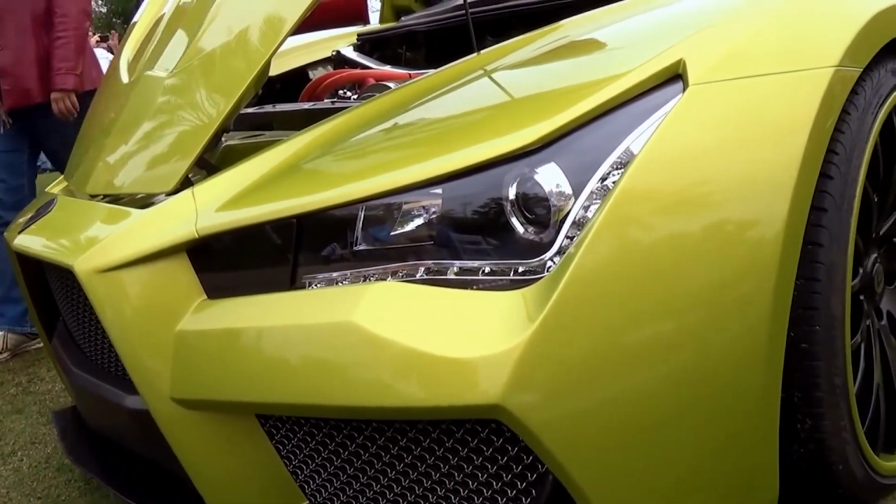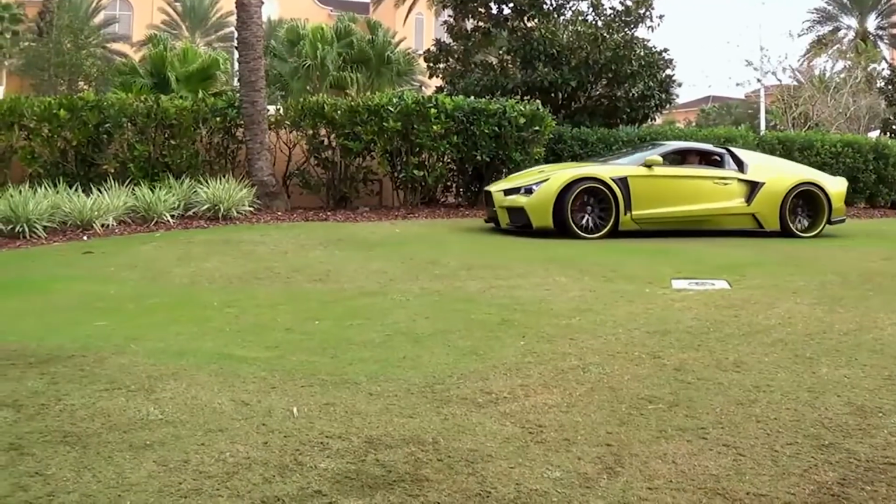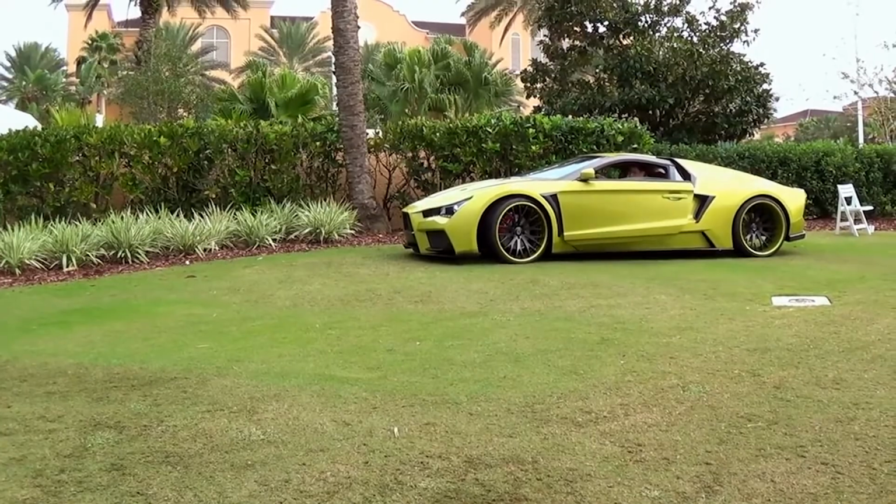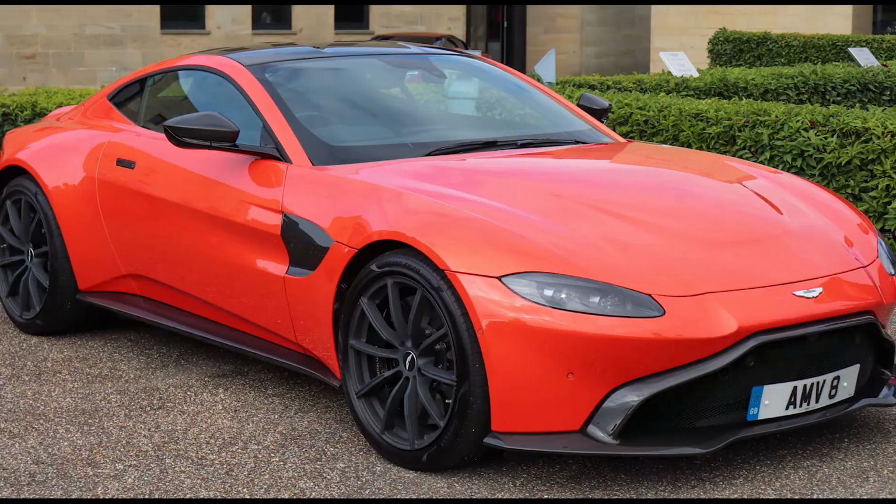Now it's your turn, Ideal Fam. If you want to look rich, would you get the Aston, the Ironman, or the R8, or something funky like the Karma? Let us know in the